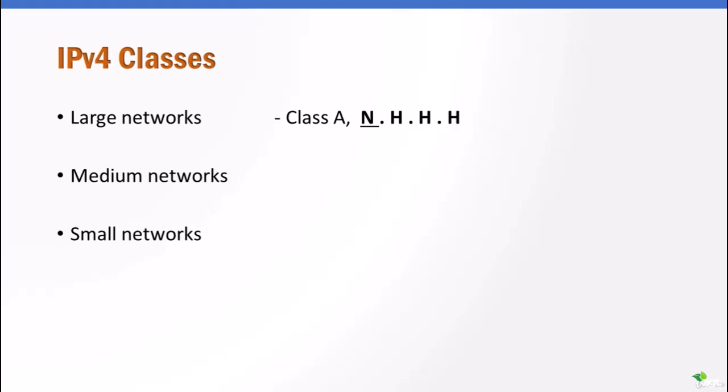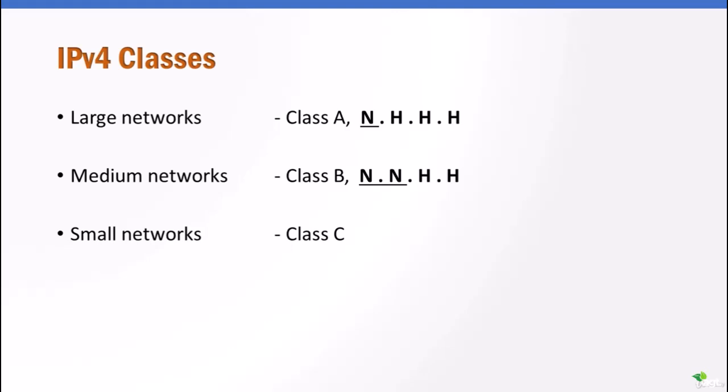The next class is Class B, which is somewhere between Class A and Class C. Class B networks have 2 octets representing the network portion of the address. The other 2 octets represent the host portion of the address. These were meant to be given to medium networks, and then Class C networks were meant to be allocated to